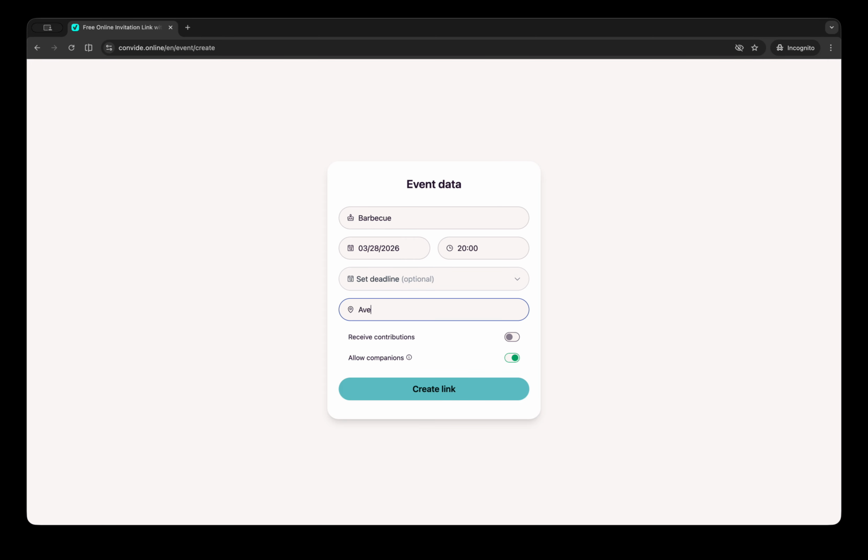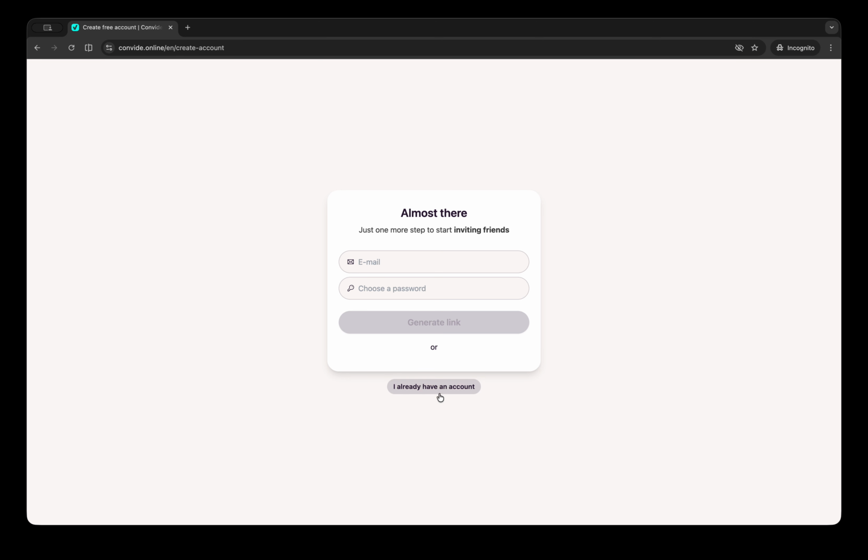For example, Avenue 28 and Texas. You have optional settings here. I don't want to talk about this one, but I will just click and create my link.